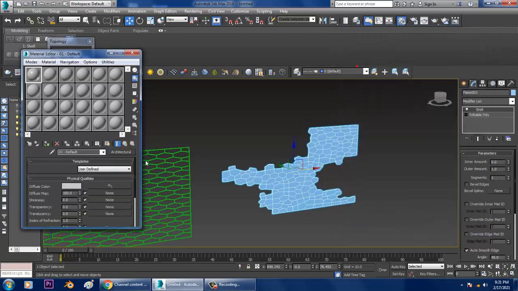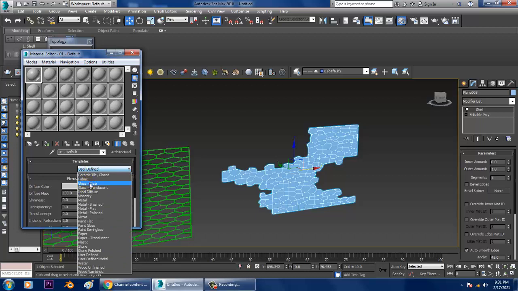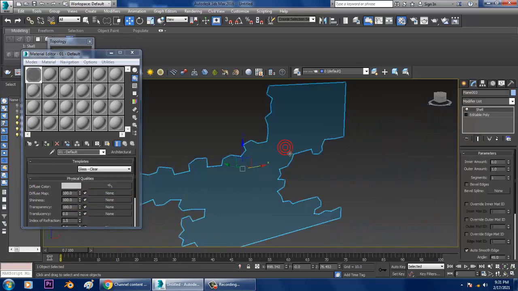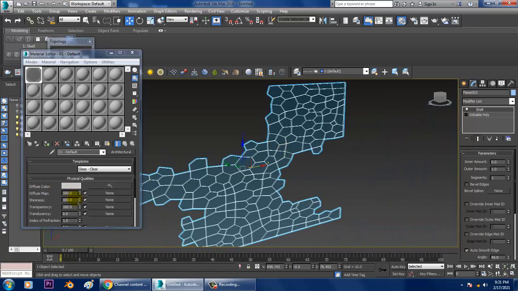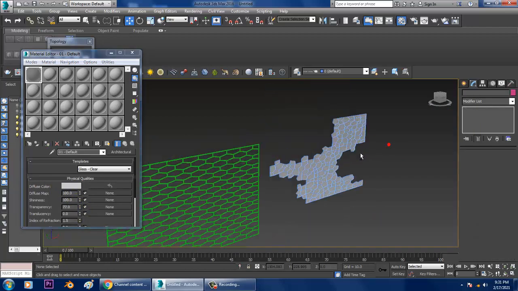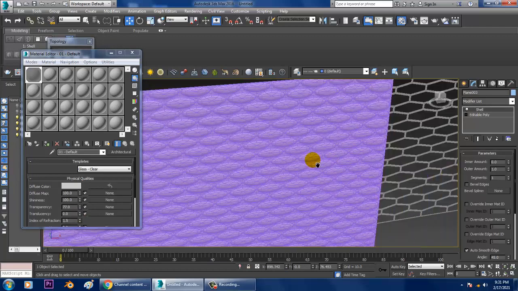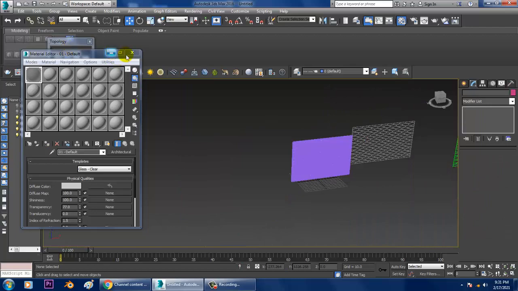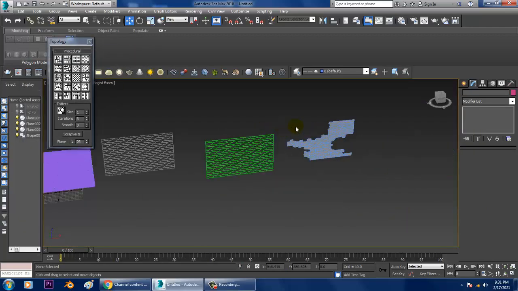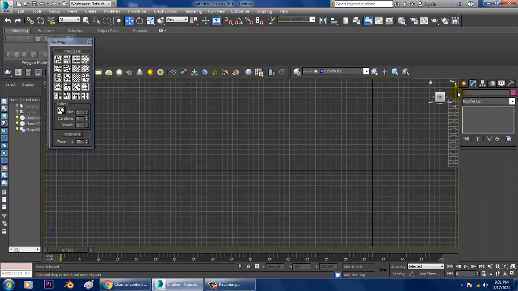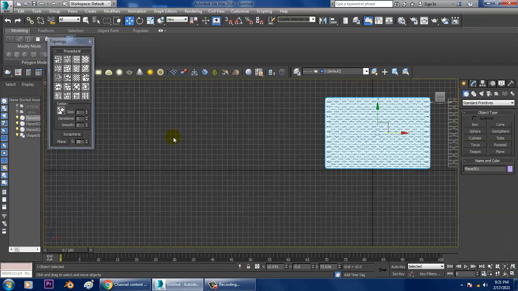Go into architectural, and I'll just give a glass, so I can reduce its transparency. So topology is a good option and can be utilized in many other ways. You can create any kind of shape and utilize this topology option.